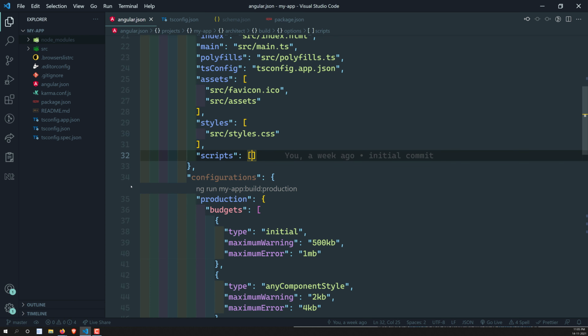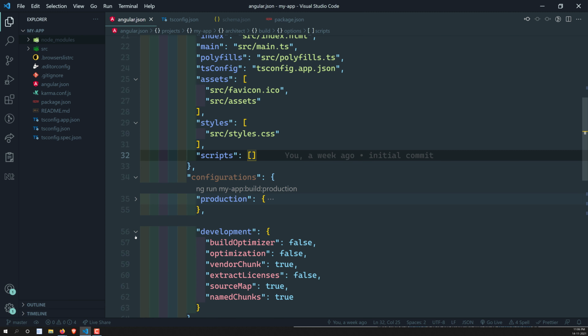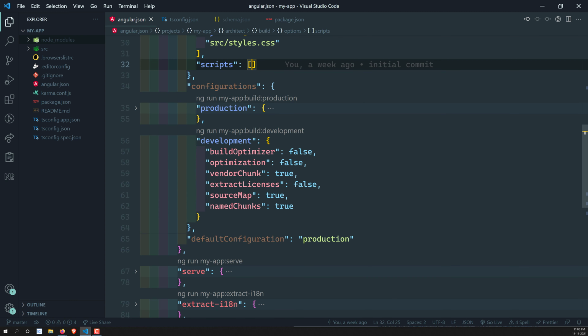And this is the configuration, okay. So what is this configuration? Let's try to see. Here you will be having a production build, okay, and also you will be able to see the development build. In the development build, you will not have any configuration or anything. So configuration means optimization false, and everything you will be having false as it is a development.